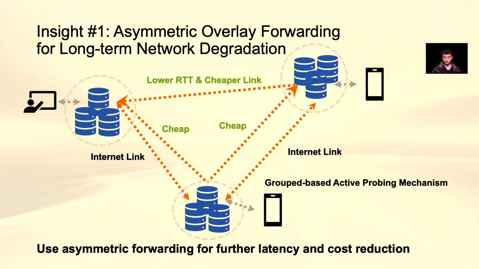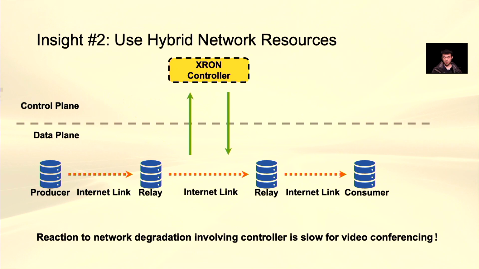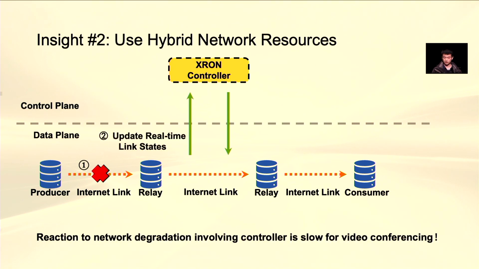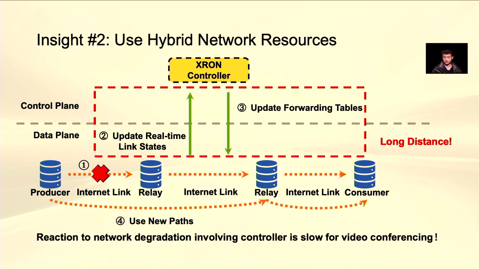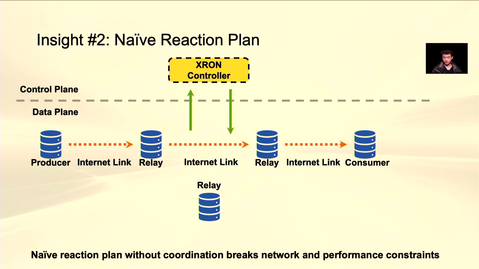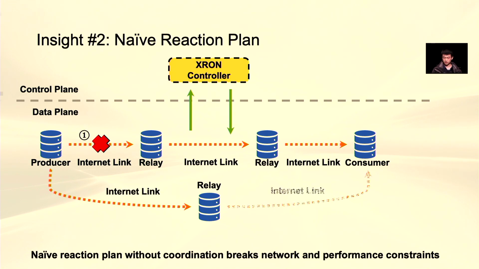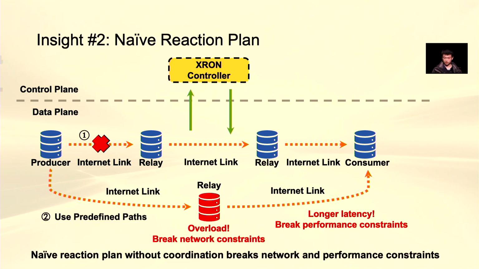In the end, it works for long-term network degradation. However, when frequent short-term network degradation occurs, each time the media service has to interact with the globally centralized controller to update forwarding tables. It is still slow for latency-sensitive video conferencing. A strawman solution to avoid this is to use a naive forwarding plan. When a network degradation occurs, the media server can use a predefined path. However, without coordination of the control plane, changing the path may lead to using a new relay server in the overlay, which breaks network constraints and experiences a longer latency,